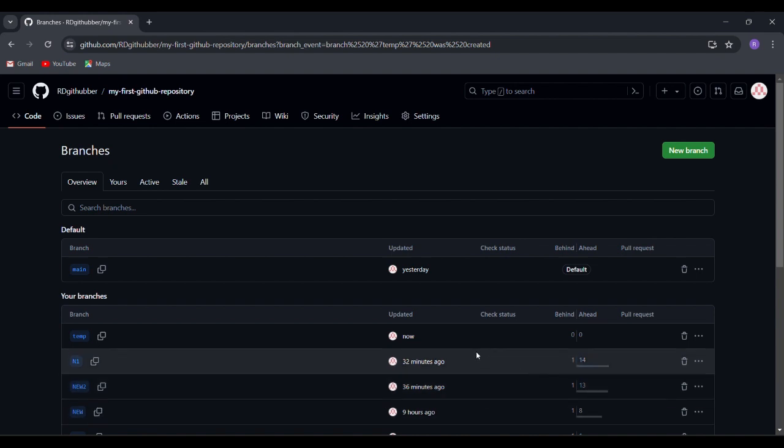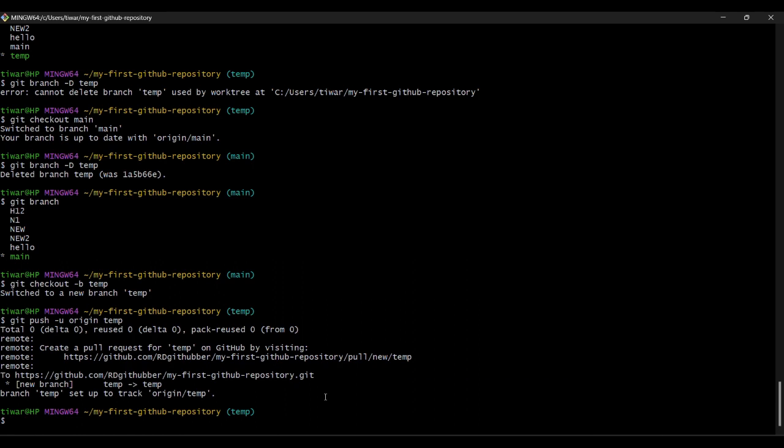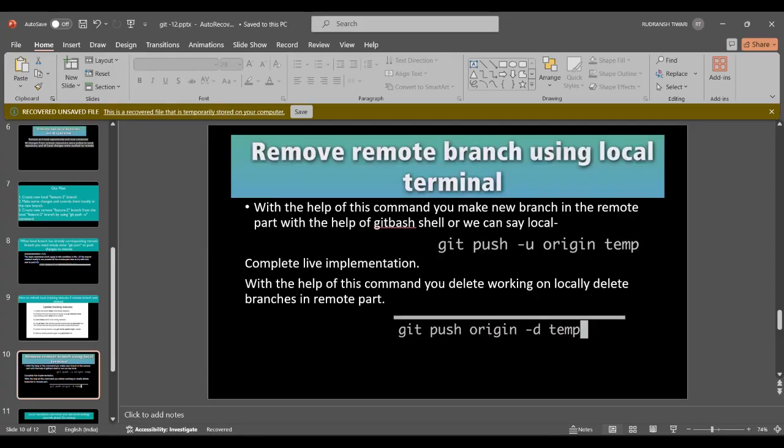If in this situation I want to delete this branch, so I just use git push origin, git push origin slash